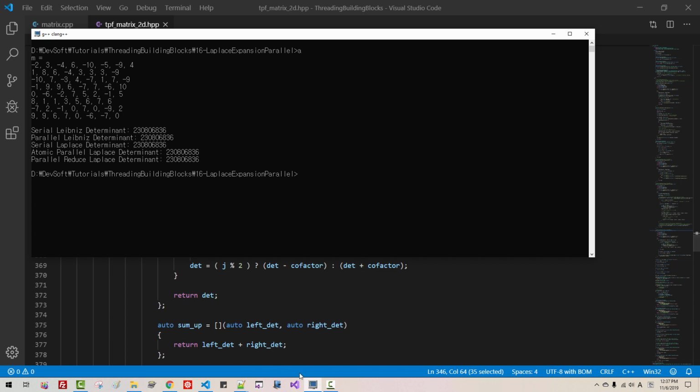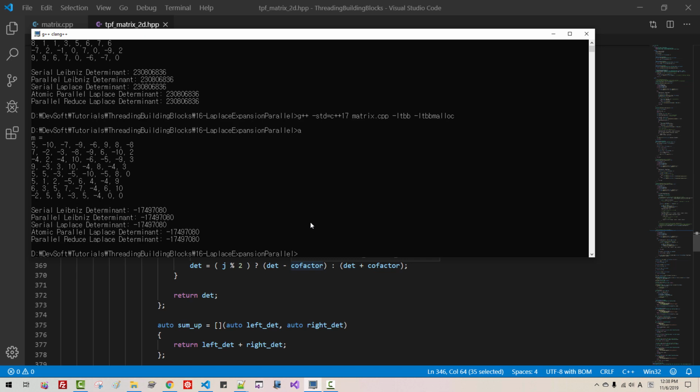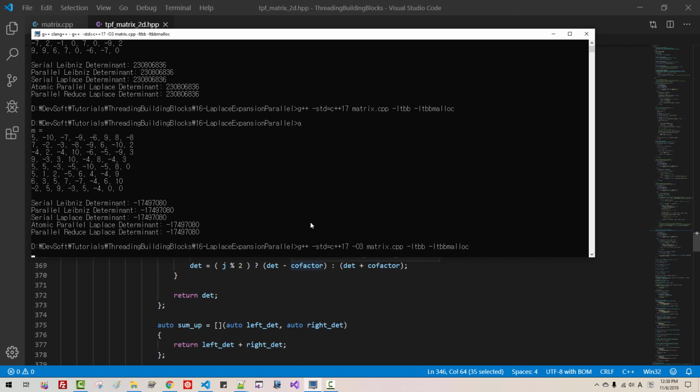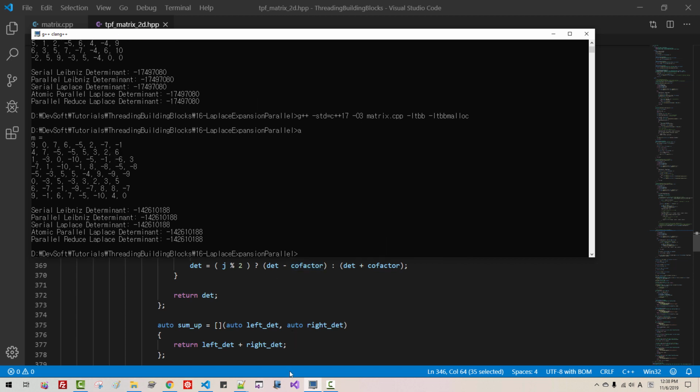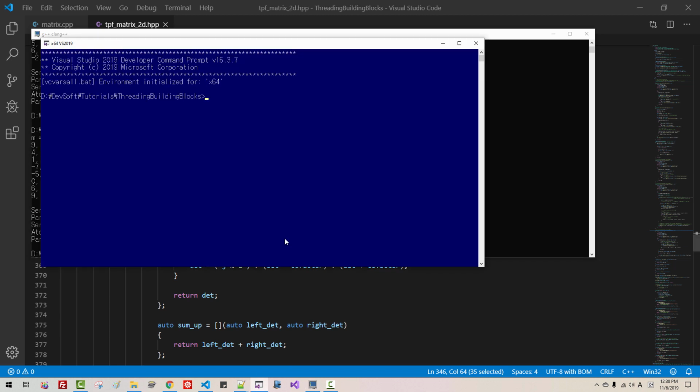Up to this point, we used Clang compiler. If you want to use GNU compiler, compile like this. GNU compiler also should work. If you want to optimize, the O3 switch, then it is optimization build. Optimization build also works. Now, if you want to build using Microsoft compiler,